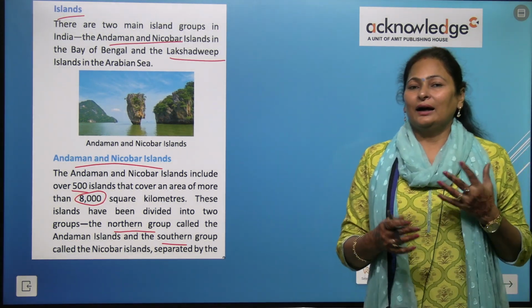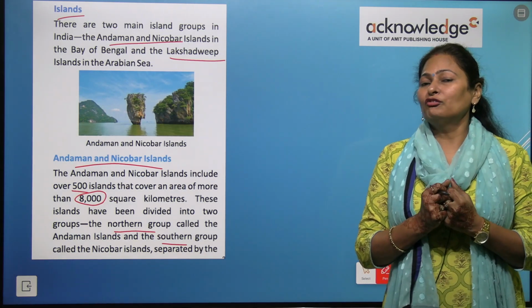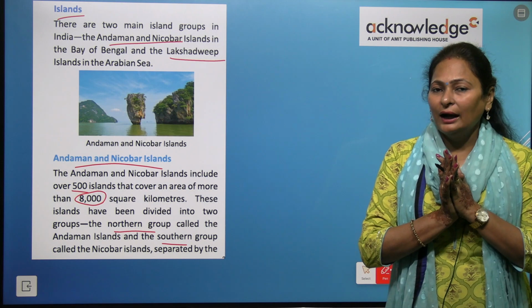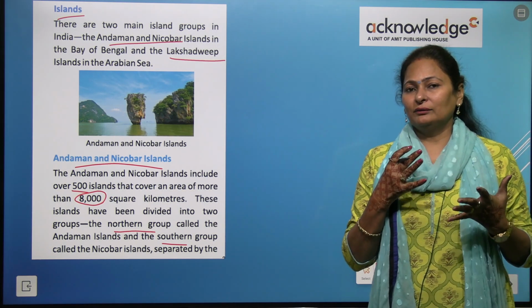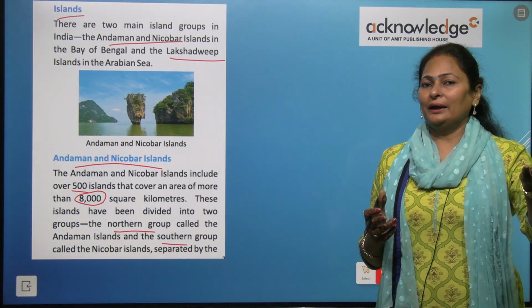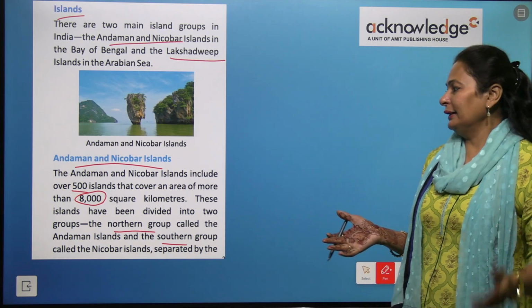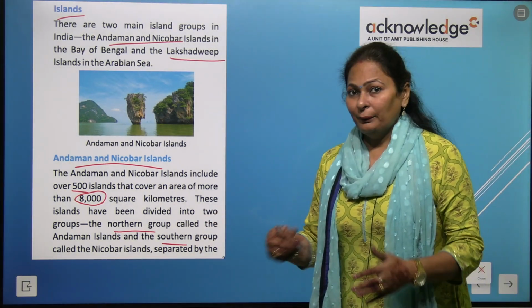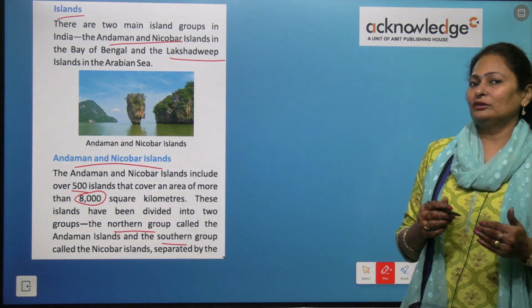Yes, the Andaman and Nicobar Islands are a group of more than 500 small islands. They are divided into two, Andaman Islands and Nicobar Islands. Andaman Islands are the northern part and the Nicobar Islands are the southern part